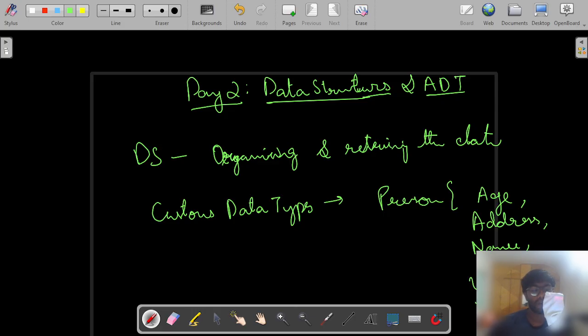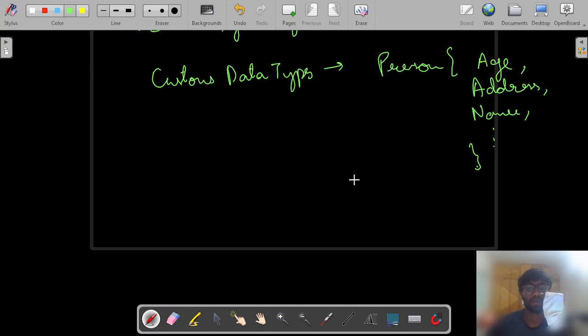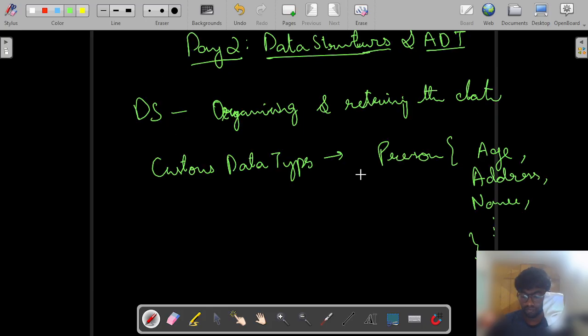So we looked at a custom implementation, a custom data type. We can say this is a custom data type, whereas abstract data types